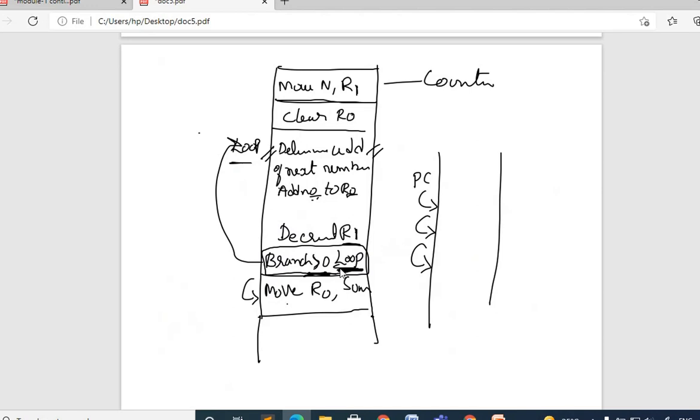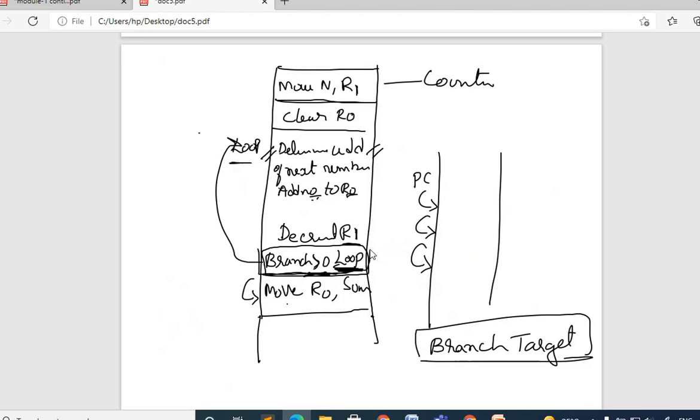If the condition is true, the PC is loaded with a new address, and that new address we call the branch target. You need to remember these key terms. We are going to use this branch statement, and we will discuss the instructions shortly, focusing on how you can use control statements for writing the code.